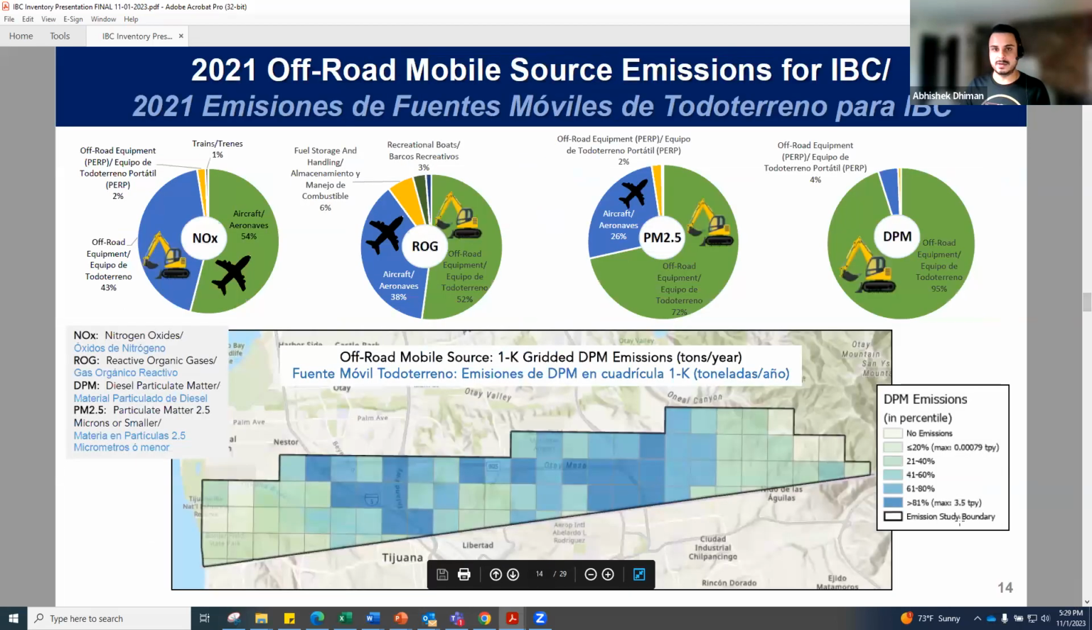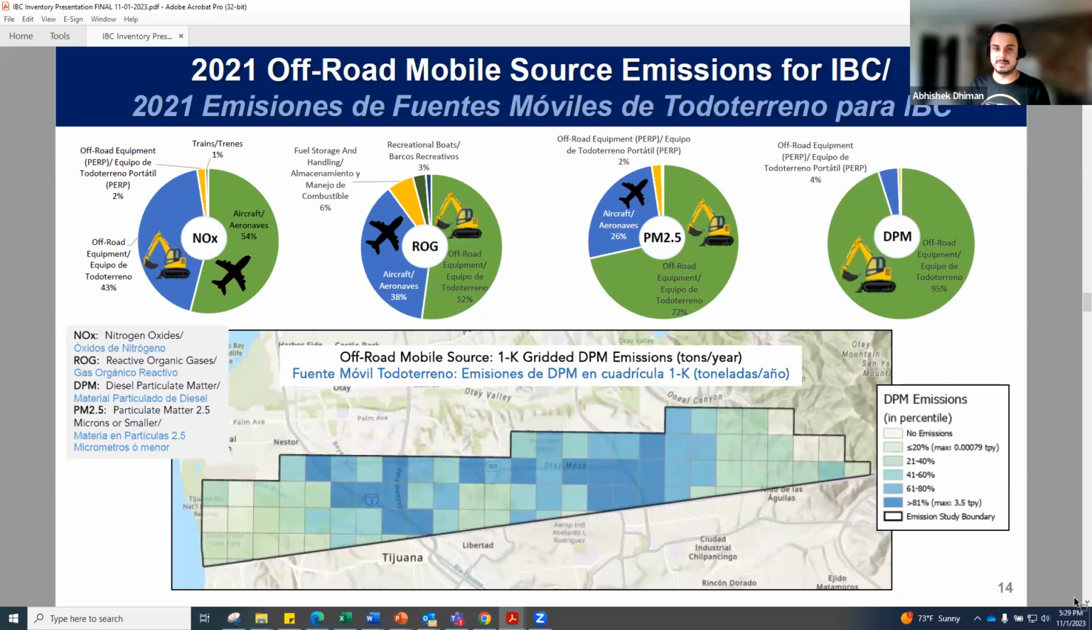Now we will look at off-road results. So this slide shows the off-road mobile source categories contributing to each pollutant's emissions in the community. Aircraft-related emissions, which include those from the Brownfield airport, and off-road equipment sources contribute the highest NOx, ROG, and PM2.5 emissions. Off-road equipment such as construction equipment, lawn and garden equipment, and registered portable equipment contribute most of the DPM emissions